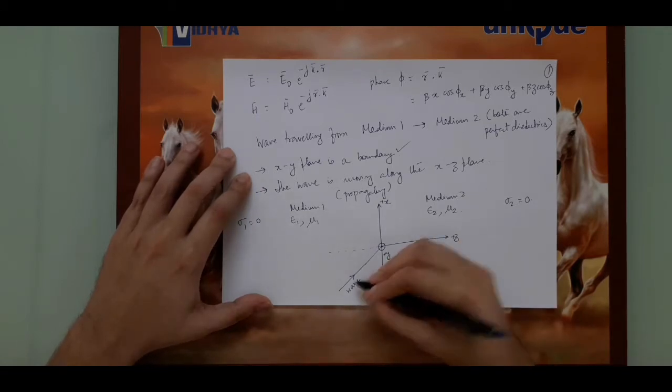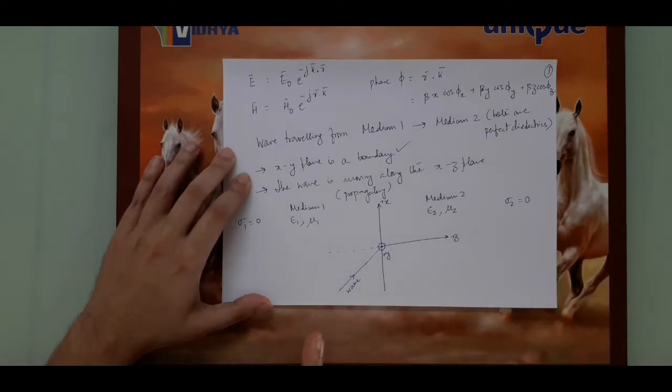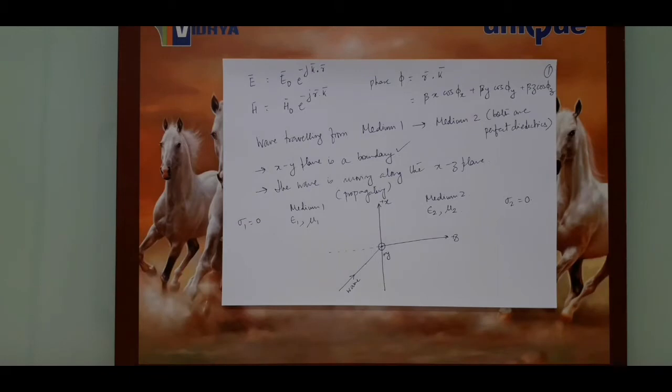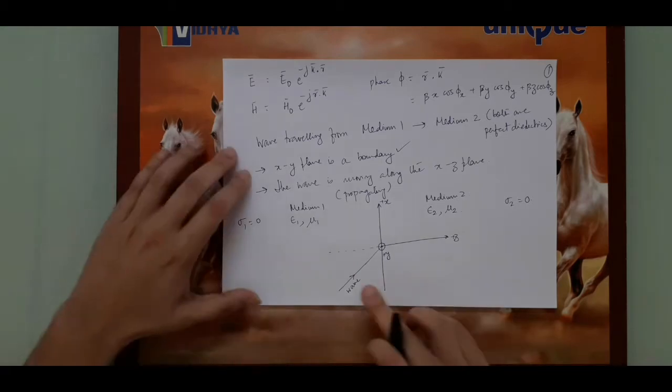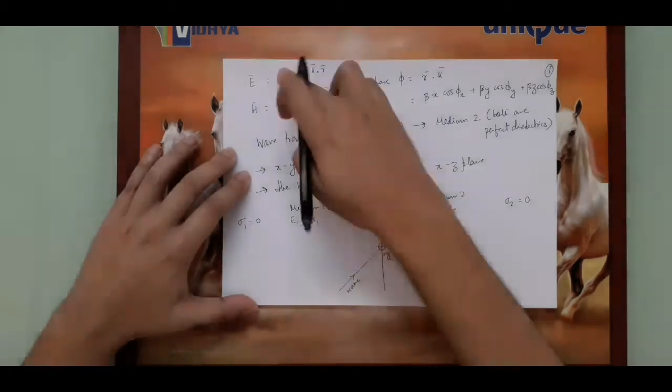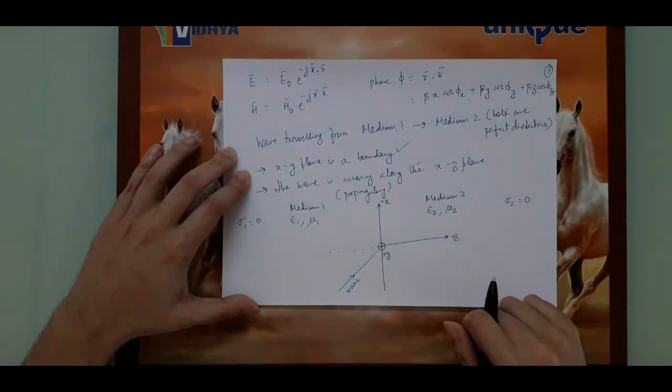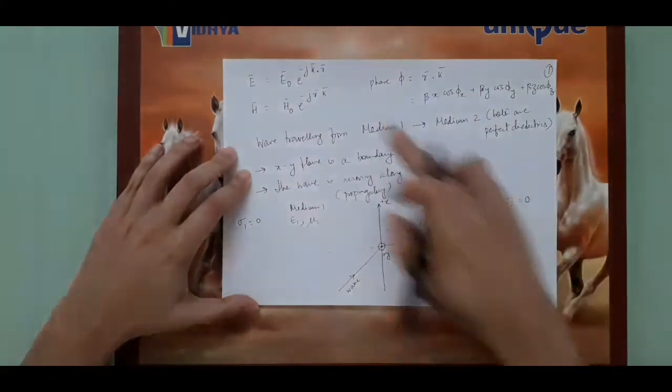So this is our wave, which was happily traveling along what it was thinking was an infinite medium. So now it hits the boundary. So how do we analyze this? Now, without worrying so much about what the fields are, using direction cosines, we can write the E field or the H field